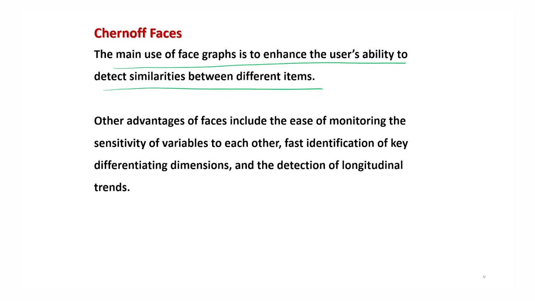How do you judge it? You just look at the two faces and you immediately take a call on whether the faces are similar or not. This is our ability. God has given us this ability. Even if a person is not so qualified, irrespective of education, one can very easily identify faces and judge what the person is thinking and how the person is feeling. So this concept is used to detect the similarity or dissimilarity among different data points in a multivariate setup.